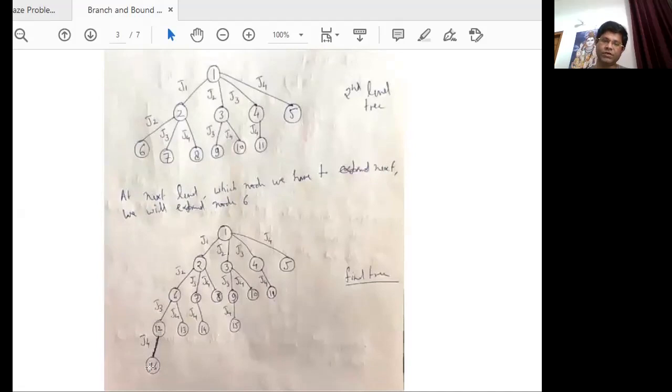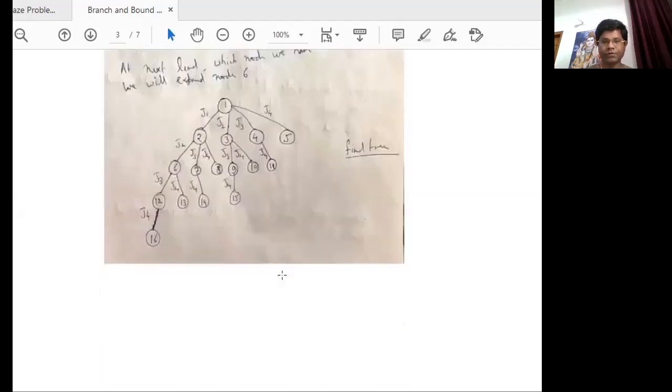This is basically the fourth level. After the third level, only one job is left, that is J3. So I have made this final tree for the job 4 level. I will skip the third level. So this is the final constructed tree for the given problem. So this is our first method to solve the given problem.